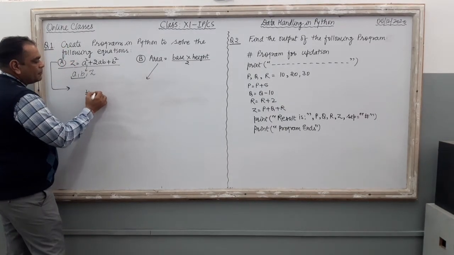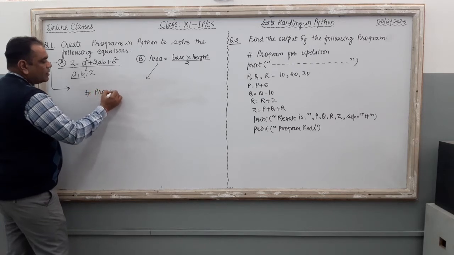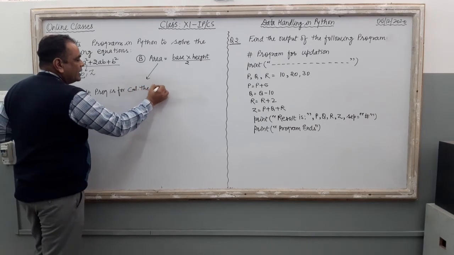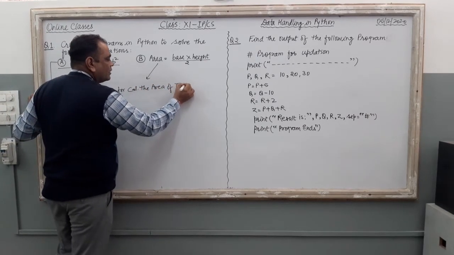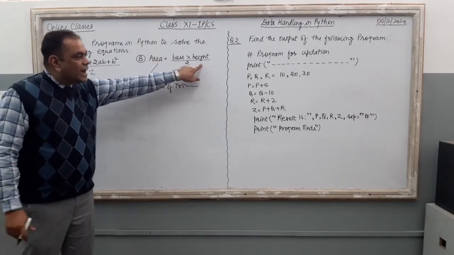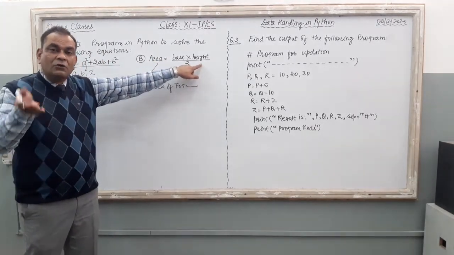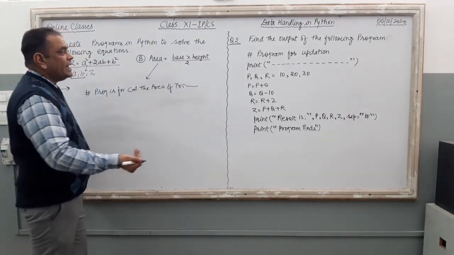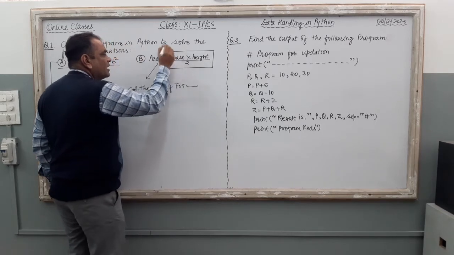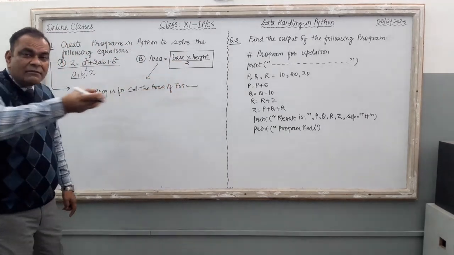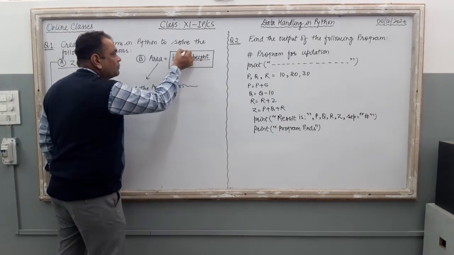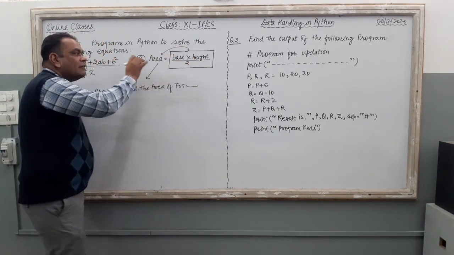पहले कमेंट डालनी है आपको. Program is for calculating the area of triangle. This is the comment. Right here. Area, base, height, 3 different variables are there. Out of these 3 variables, we have to take the value of the right hand side variables. ये जो RHS होता है equation का, we have to take the value of these variables from the user, and then once we get the value from the user, we just calculate the value of area.